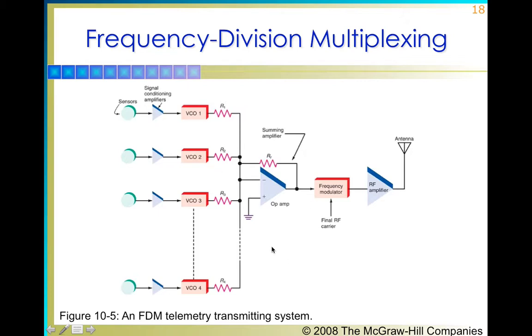So this is an FM telemetry system in which various parameters are measured by the sensor, and the signal is transformed to a safe signal over here and sent to the voltage controlled oscillator, where the varying signal controls the voltage, and with the help of that controlling voltage the oscillations are controlled. Then different signals are multiplexed over here at various frequencies by this amplifier, and these are modulated at the RF frequency, then amplified and sent to the antenna.